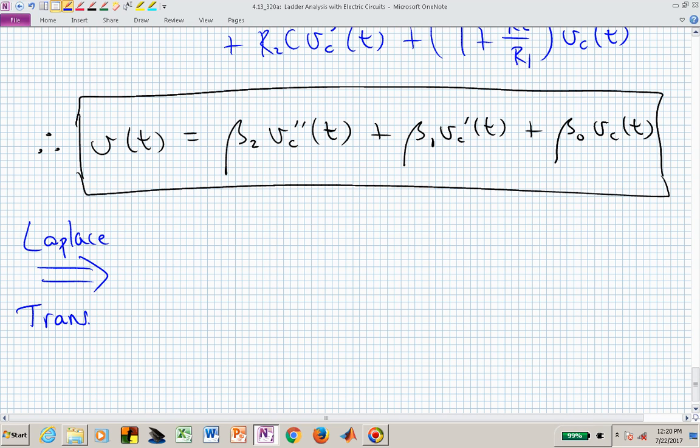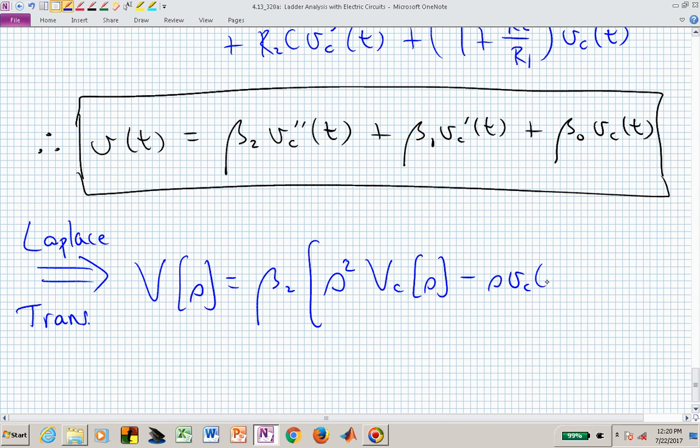First, let's Laplace transform. Doing that, the left is just the Laplace transform of little v of t, which is capital V of s. Then we have beta 2, and let's go ahead and keep track of all of the initial conditions. We now have s squared v sub c of s minus s v sub c of 0 minus v sub c prime of 0 minus,